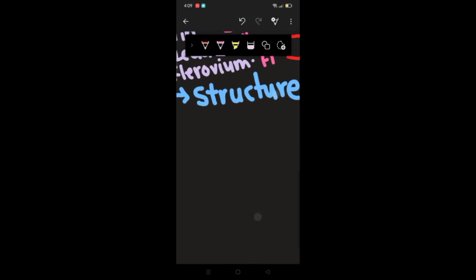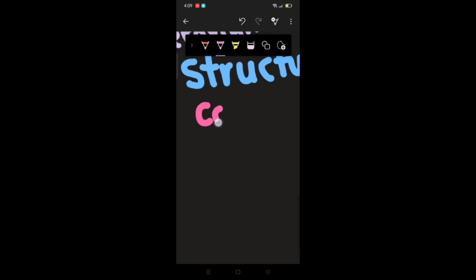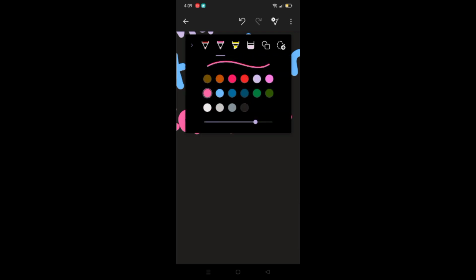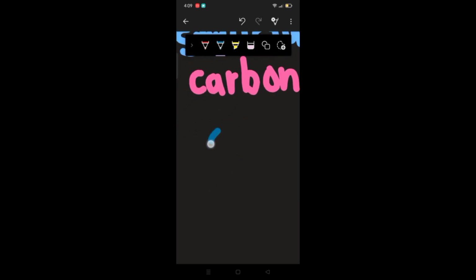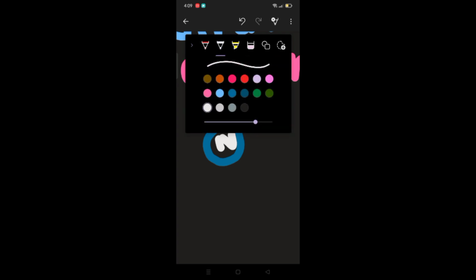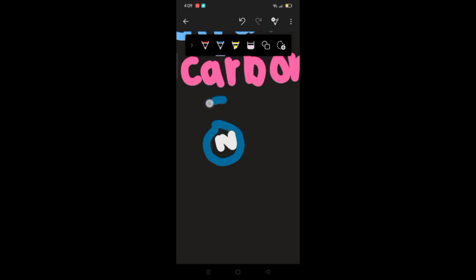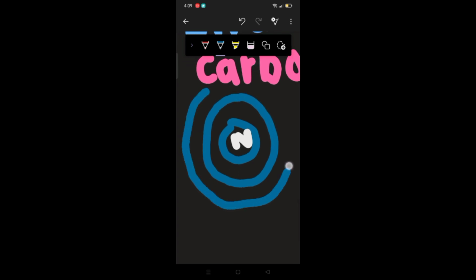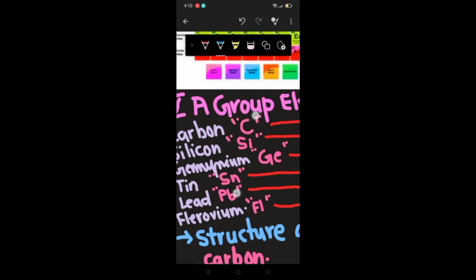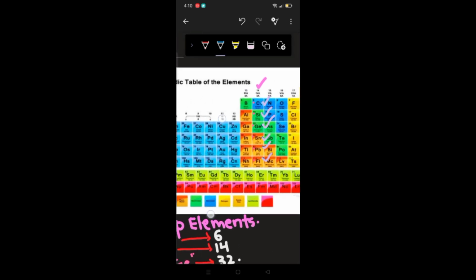Alright, this color is fine. So if I am making carbon here, let me make it with this color. So this is the nucleus I have. Alright, nucleus. And here I have the first shell, and here I have the second shell. Alright, so first of all, it has second shells, meaning it has 2 shells, because it belongs